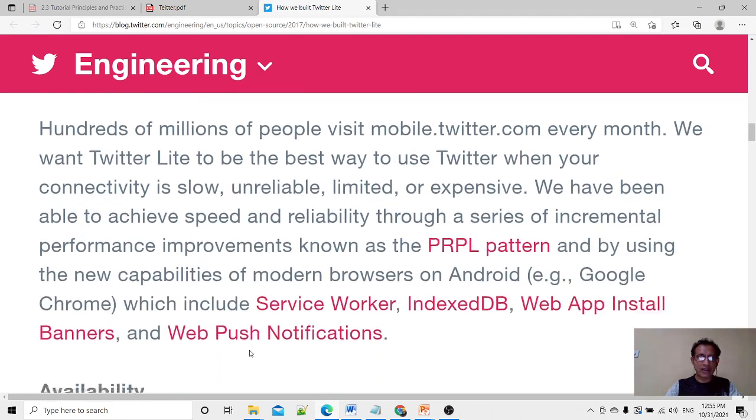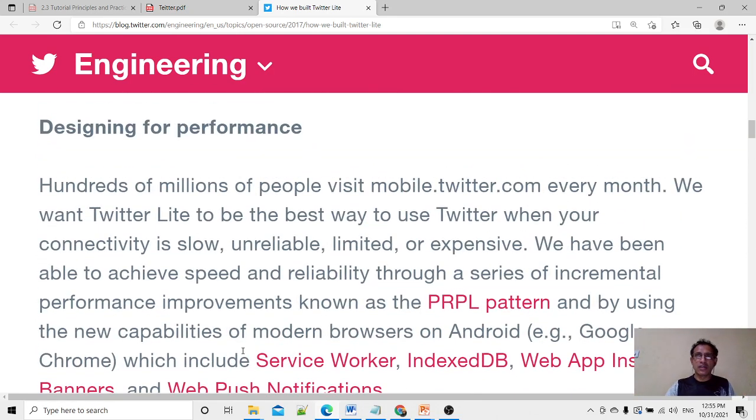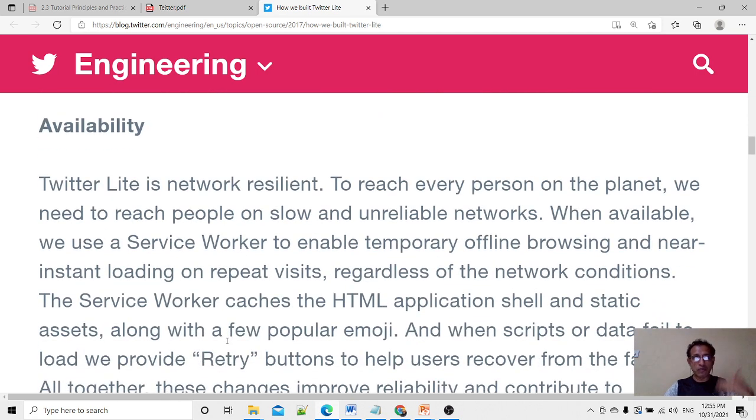So they were required to implement other important elements, such as availability. It may be the first priority for this one, because Twitter Lite is a network resilient to each and every person present. Availability is a very important factor. If you need availability, you need to be concerned about security. If something happens in the security systems, availability may face some sort of challenge,